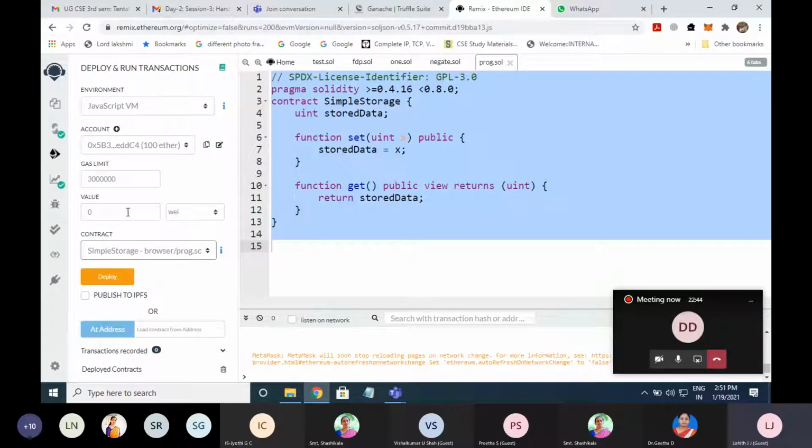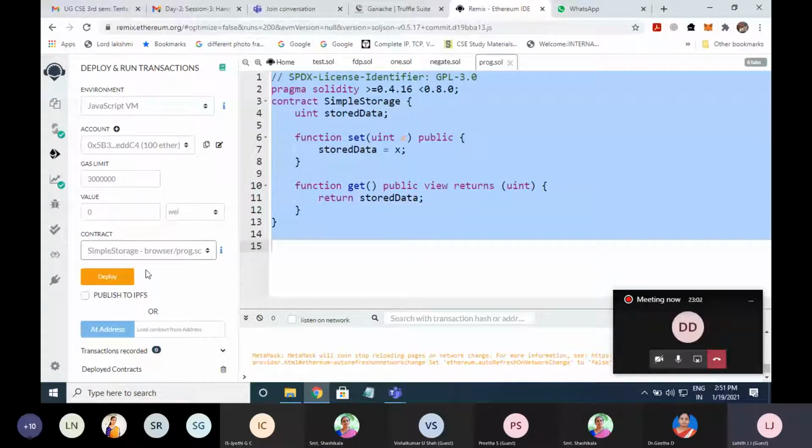And value is equal to 0 and WEI. The current value you have to specify here. But as of now, this is just a simulation, right? These are all dummy values, so I'm not giving any value for this WEI denomination of ether.